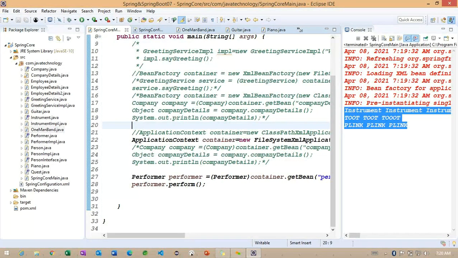So this is also very important here: how we can work on a collection related example. Plural is nothing but more than one object we are going to get.